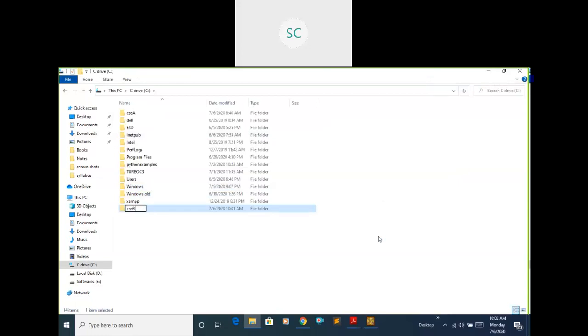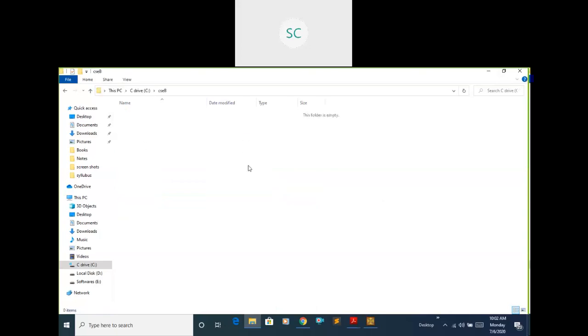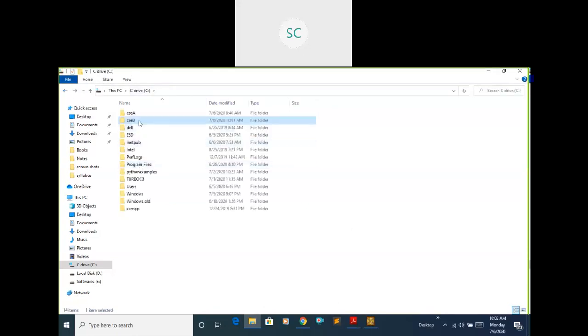Within this CSCB folder, all the programs that I write in my total lab session, I am going to save within this CSCB folder. Within this CSCB only I will save all my programs. See how to save into this folder.